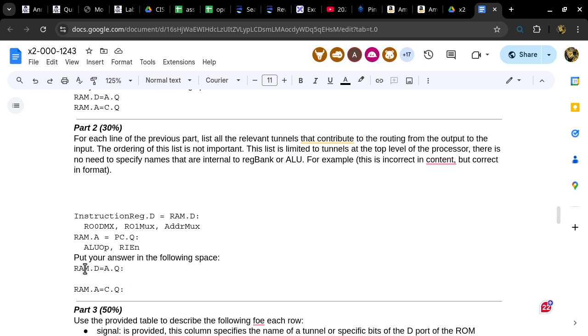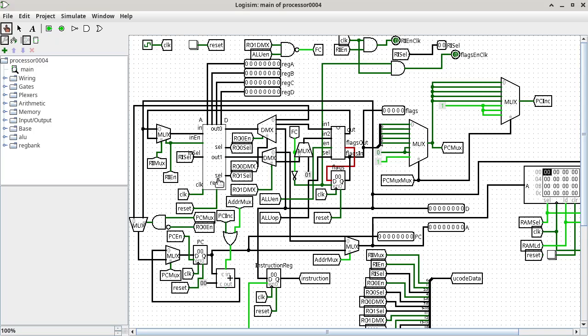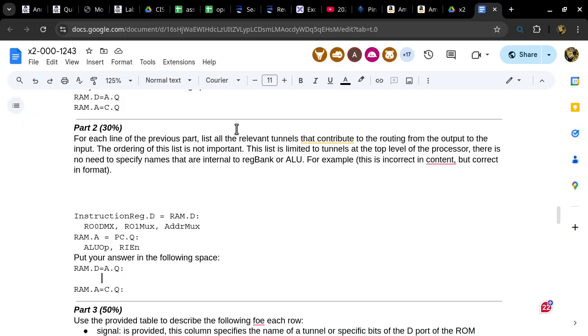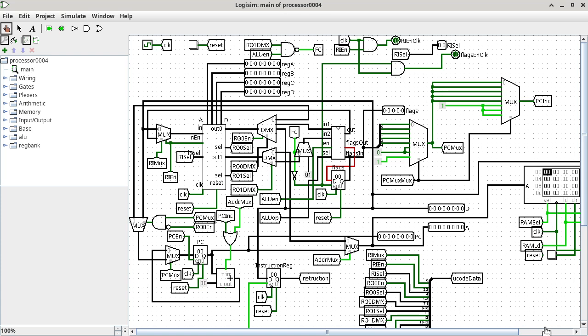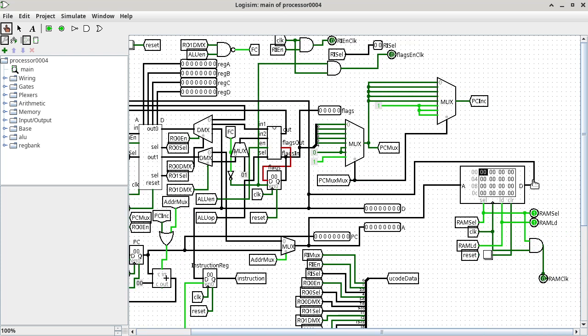and focus on just this question here. How do I route A.Q to RAM.D? A.Q is coming out of the register bank. It can be coming out of either one, out 0 or out 1, and I honestly cannot remember which one it's coming out of, but that's okay, which means I can also start with the other end, which is RAM.D. So I start with RAM.D, which is right here, and I'm refraining from clicking on it,